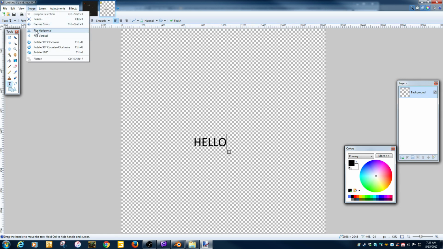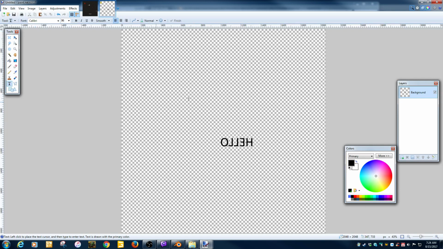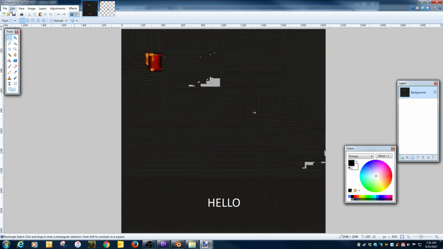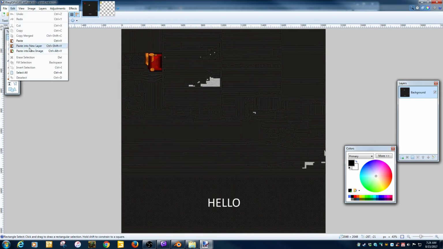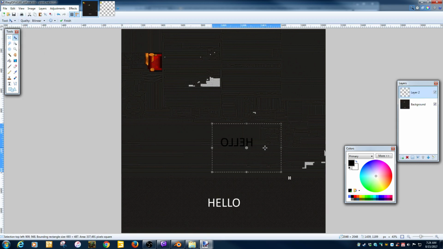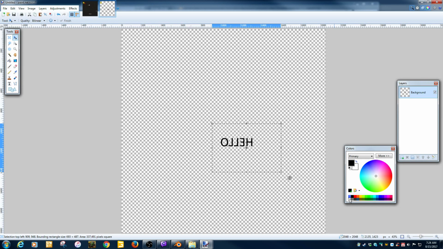It's flipping it horizontal. Let's try that. So if we select this guy, Control C, edit, and if you paste into new layer, you won't get all the dashes in the background. New layer, and actually Control Z, switch it to white. Oops. Control A, delete,